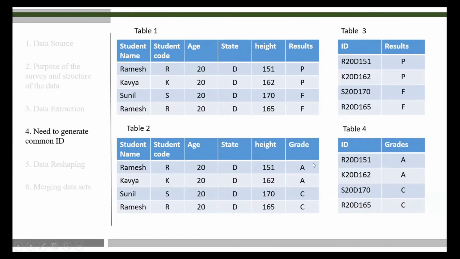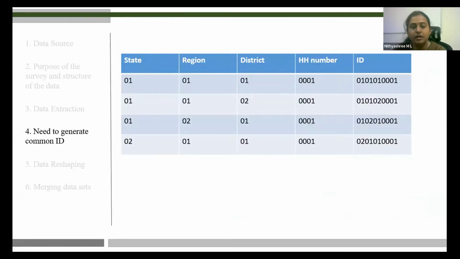So we will be creating a common ID to avoid any kind of mismanagement before going to the analysis part. Okay, this we call the generation of a common ID or unique ID.